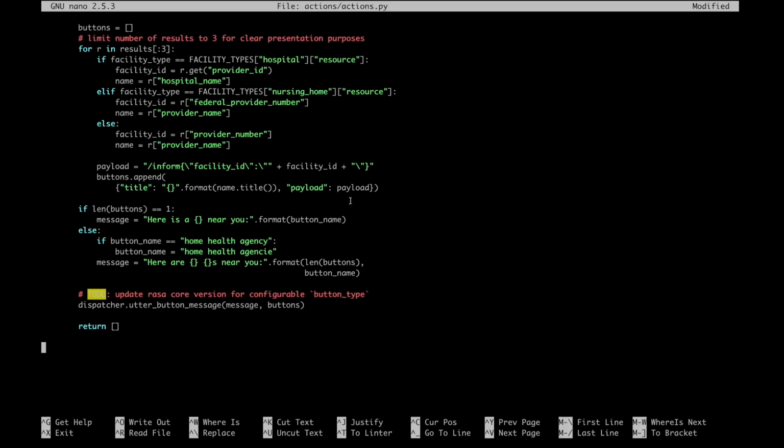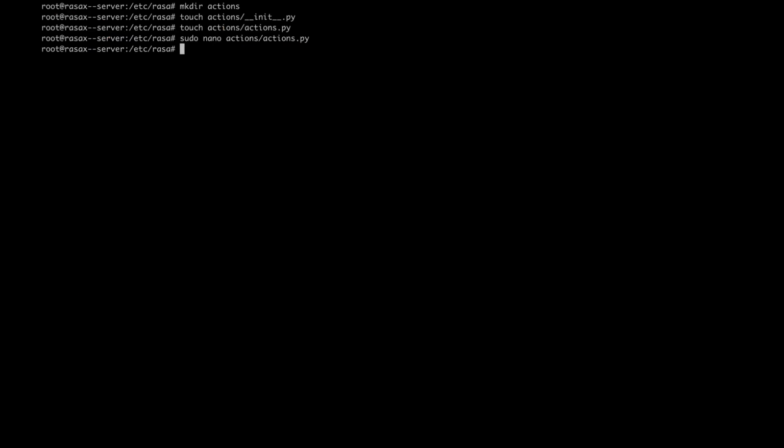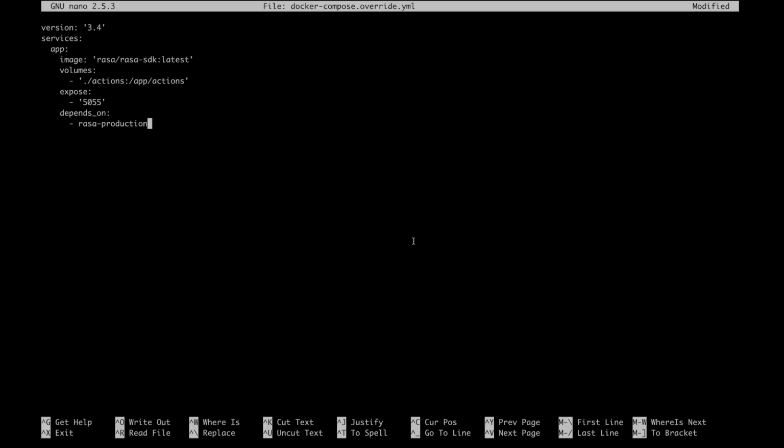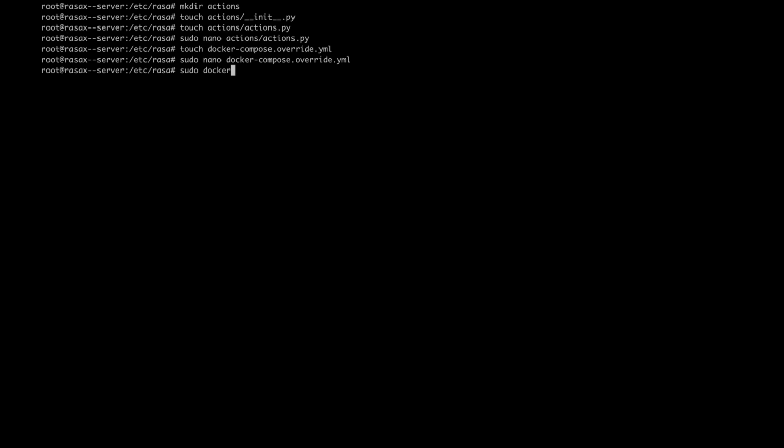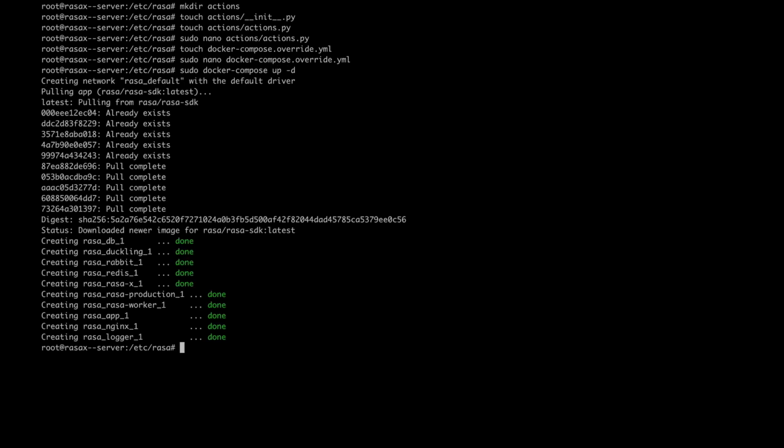of our custom action. After saving it, we have to create a docker-compose.override.yaml file to let docker compose know that in addition to Rasa X, there should be a custom action server spun up. The parameters here mean that we are using the Rasa SDK image to run the custom action, that the action server will listen to port 5055, and that it depends on the Rasa production service responsible for running the trained model, used for parsing intent messages and predicting actions in conversations with users over the input channel or Rasa X UI. After saving the file, we can spin up the Docker container once again and have our assistant fully functioning